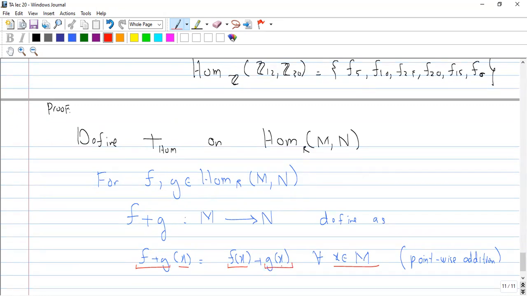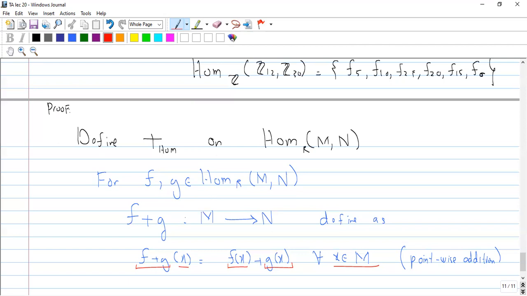So now ये एडिशन तो मैंने डिफाइन करा दी, but now we need to show that this addition is well defined. वेल डिफाइंड होने का मतलब क्या है? मैं कह रहा हूँ, this addition is a closed operation. जब मैं क्लोजनेस की बात करता हूँ तो क्लोजर प्रॉपर्टी का मतलब क्या होता है? दो एलिमेंट अगर मैं लूँ तो उनको ऐड कर तो होना चाहिए। तो अब इसका मतलब मुझे क्या शो करना पड़ेगा? अगर f और g अगर R मॉड्यूल होमोमॉर्फिज्म हैं तो